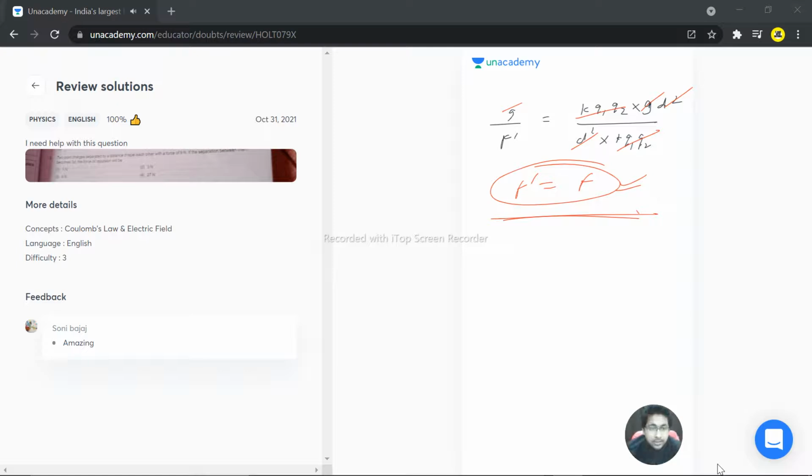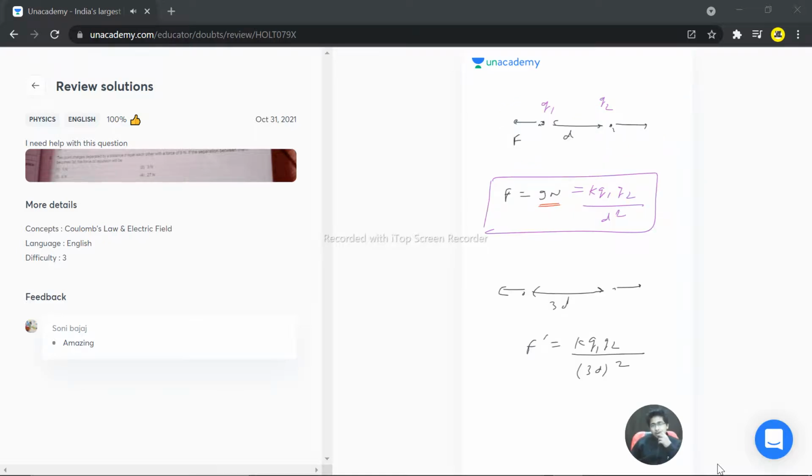That means the correct answer is, actually, if the distance is increased, from here we can say the f is inversely proportional to d square. Okay, that means if separation is increased by 3 times, the separation becomes 3d. Okay, so if the separation increased by 3 times, so f should be decreased by 9 times. That should be 1 Newton actually.